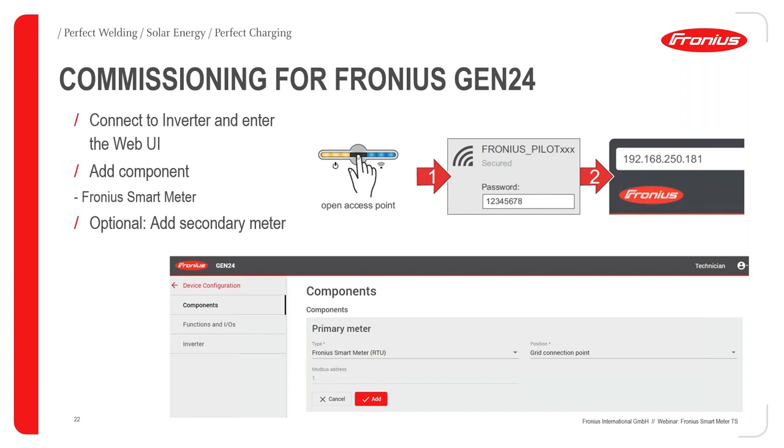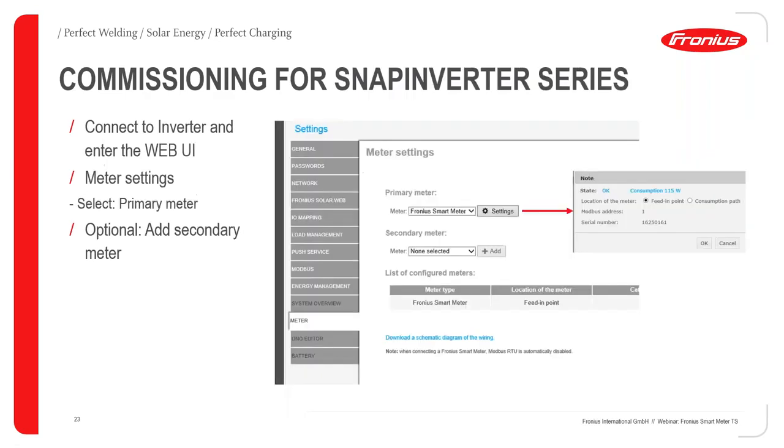It's the same process also for the secondary smart meter. It's also simply add a component, select secondary smart meter then, and the same procedure then. It's also looking very similar when we talk about the snap inverters, because it's the same thing. We need to open the access point of the snap inverter, which is done with the display of the inverter, actually, in this case. So on the display, we say open the access point, we connect with our device, and